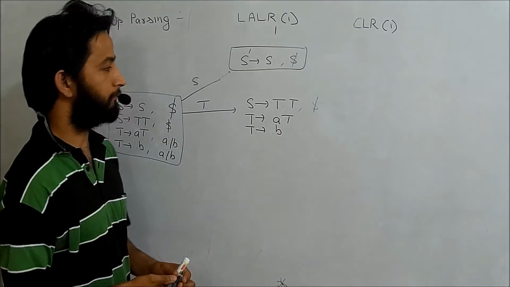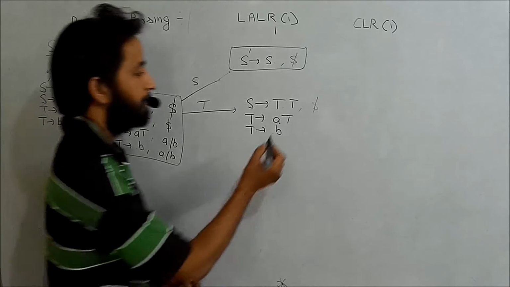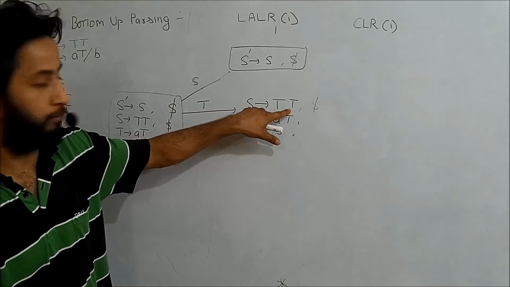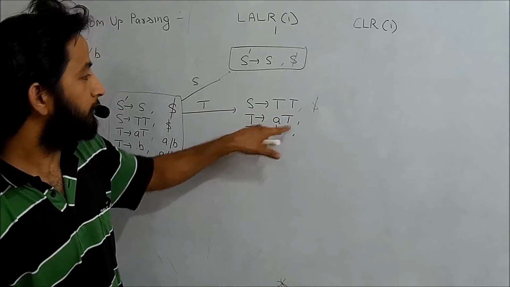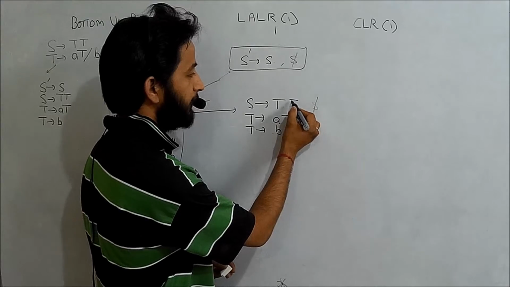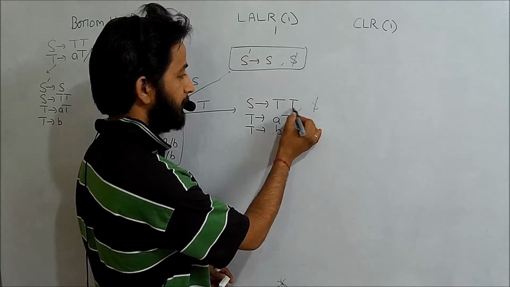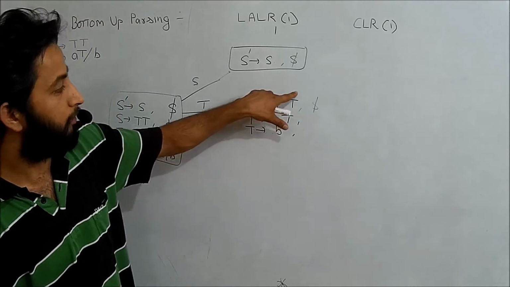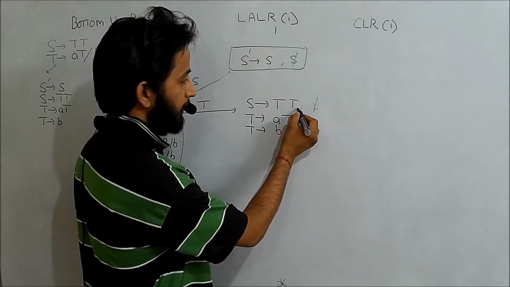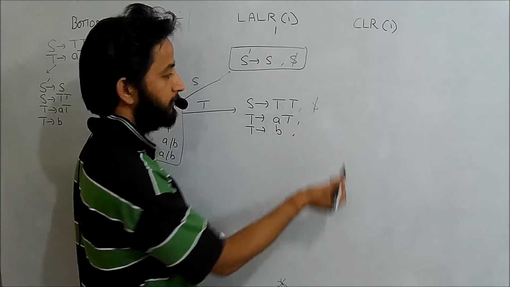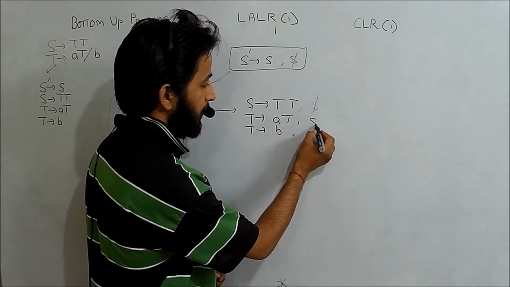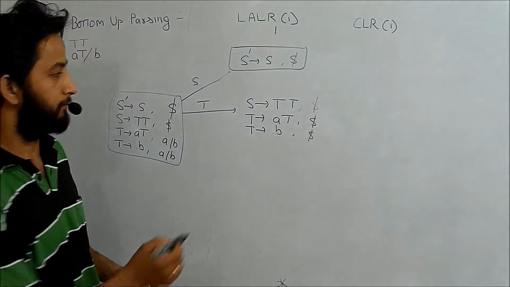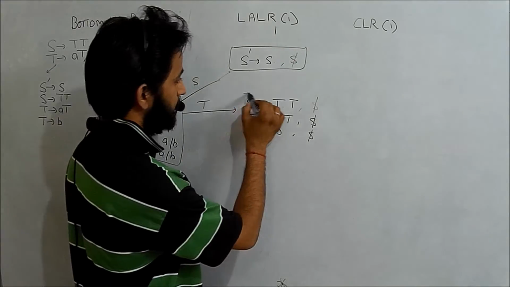Okay, so next we have to add the look ahead. In this case, this production is because of this closure. So the look ahead for this, we will check after that. After that T is dollar, because this production is because of this. Now I will check look ahead, first of what is after this. There is nothing, so the look ahead will remain the same, dollar, and it will also be dollar. Okay, so this is over for the T.